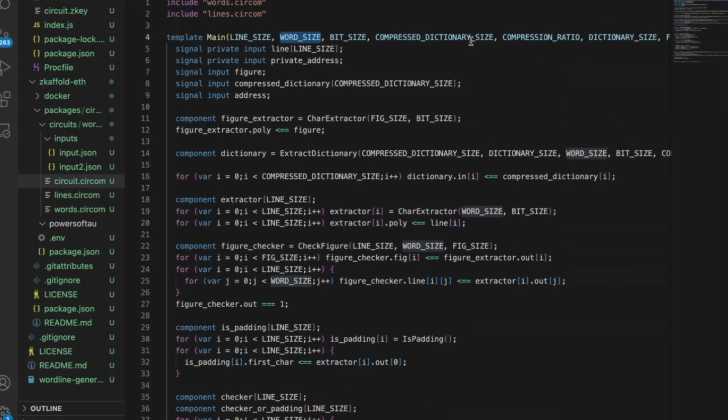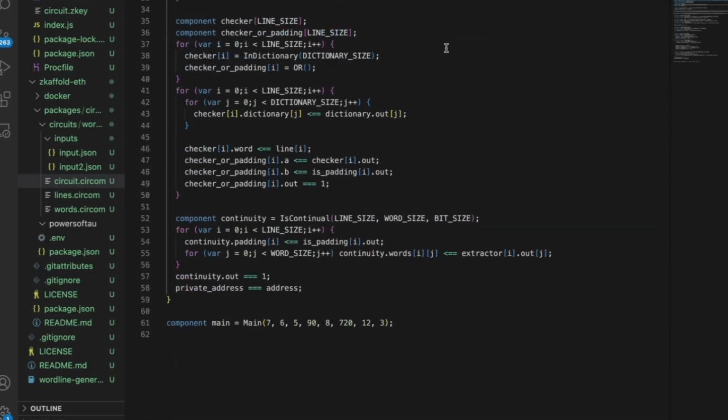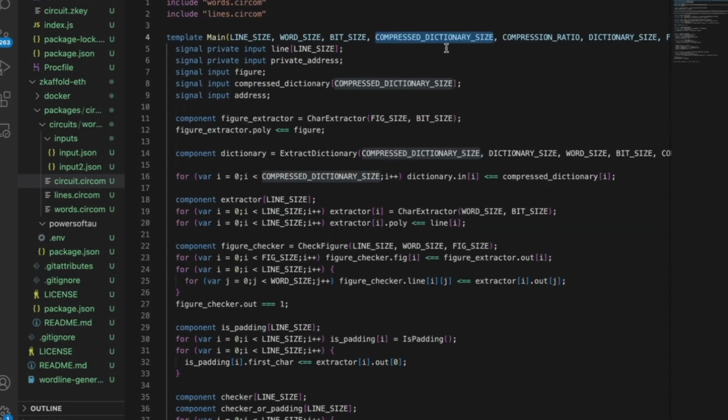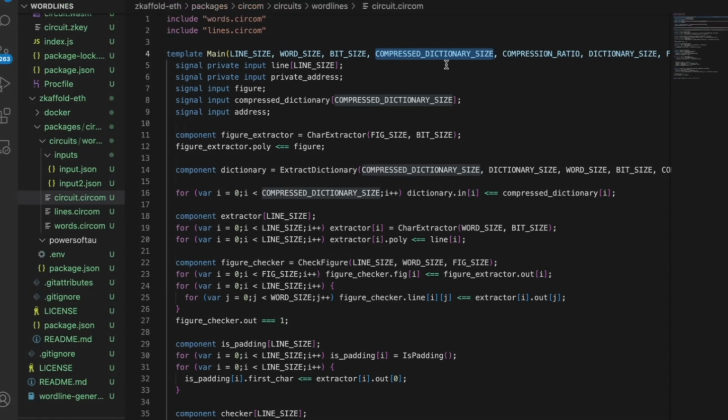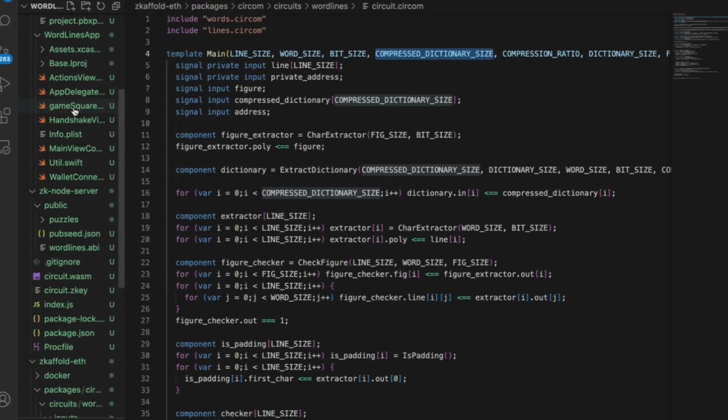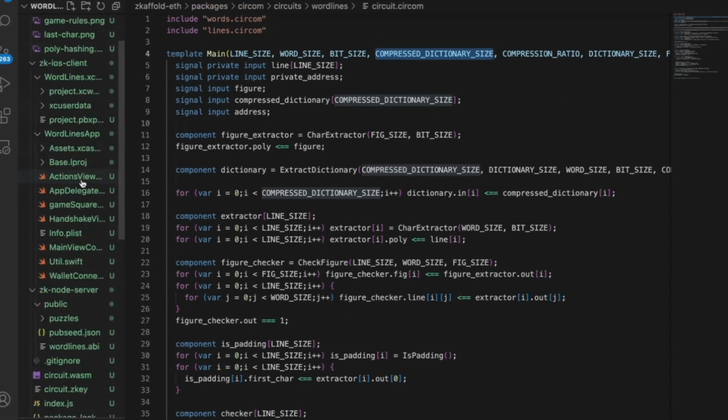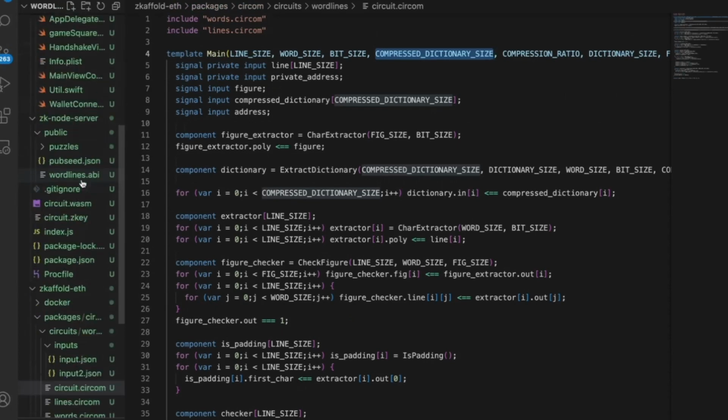Your dictionary size will actually change with each puzzle. Yes. Right. That's an interesting one as well. Like how do you make the dictionary for each puzzle? I would probably just write a Python script for that. Yes, that's what they did. There is a Python script. I don't know if it's in